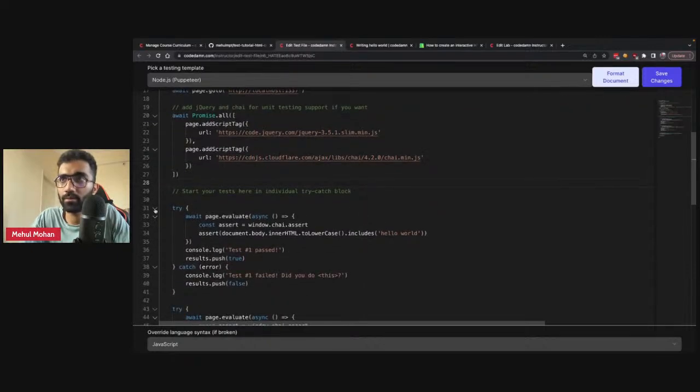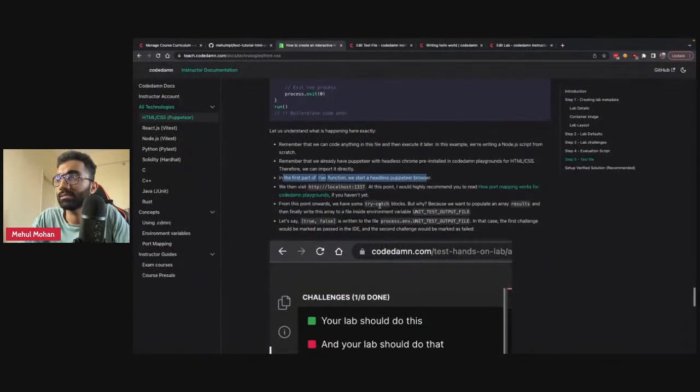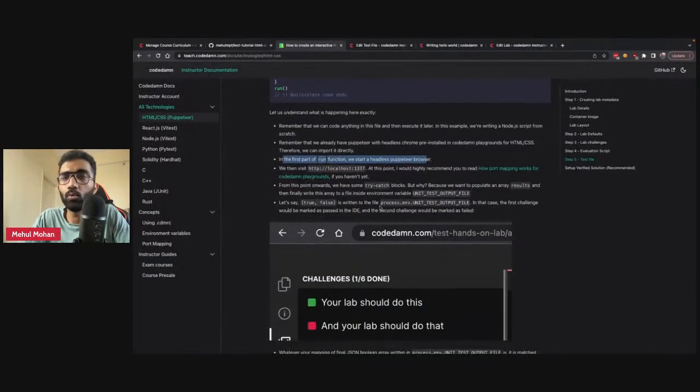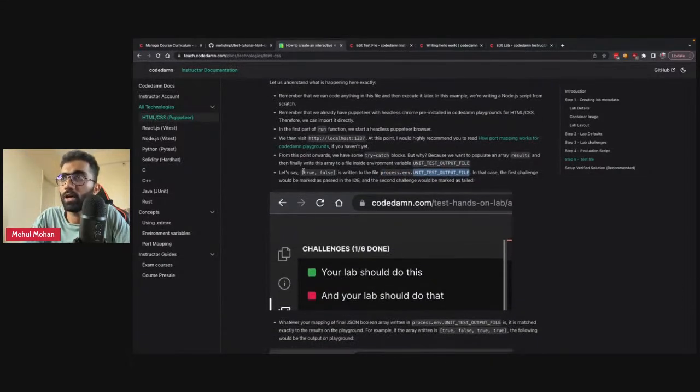Now, here's the fun part. The way testing works is that you have to write a Boolean array into this particular environment variable, process.env.UNIT_TEST_OUTPUT_FILE. This consists of a file.